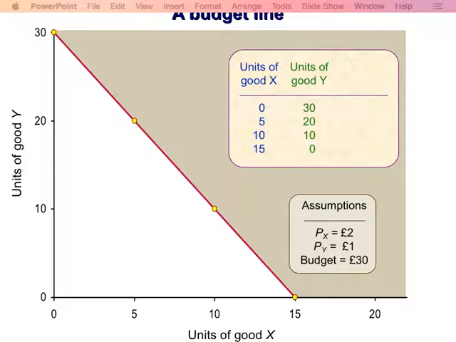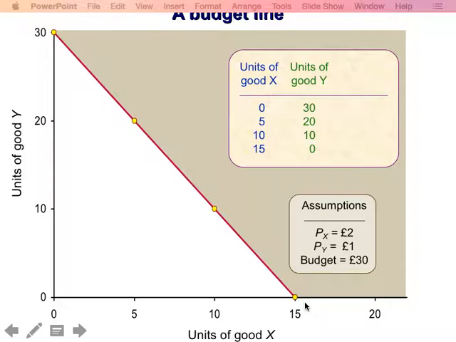downward sloping again. And notice that the shaded area is not available for us given our budget. We cannot really buy any combination of goods that lie on the shaded area. But we can buy anything inside the area, below the red line, or on the red line. If you buy a point here, let's say a combination of 10 Y and 5 good X, you can afford it, you can purchase it, given that £30 budget, but you are not spending all